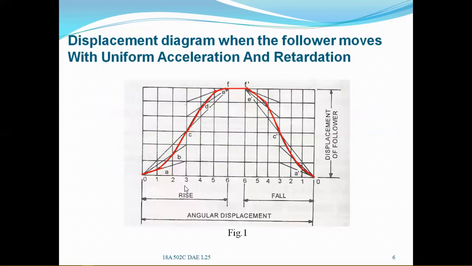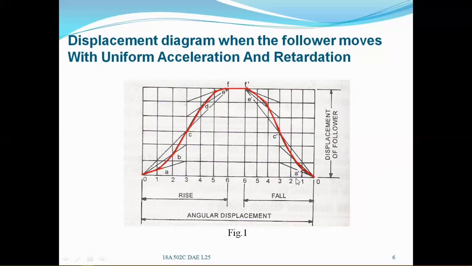So this here is the displacement diagram for a follower moving with uniform acceleration and retardation. As I told you, this will be the angular displacement line, and this is the outstroke up to this, that means the angle of ascent or angle of outstroke or rise of the follower, and here is the angle of descent